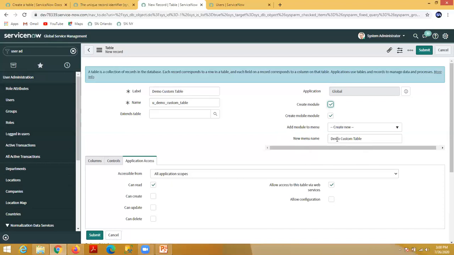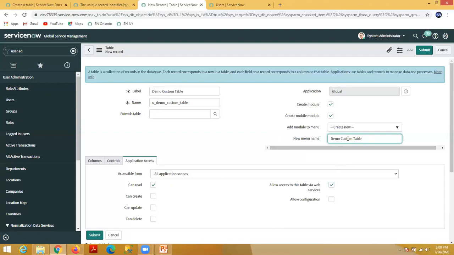Or you can create a new application menu, and then this module will be associated inside that application menu. As of now I am not making any changes, so the system will create one new application menu, and the name of the application menu will be demo custom table.